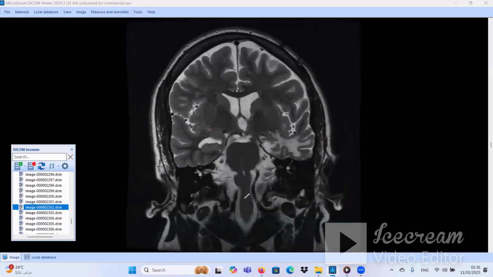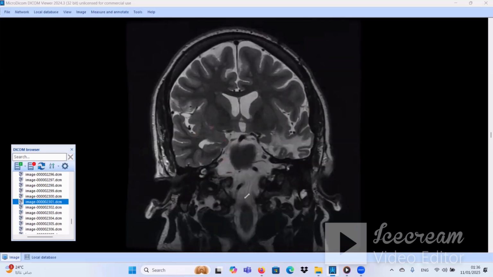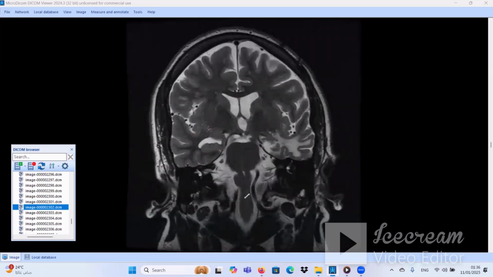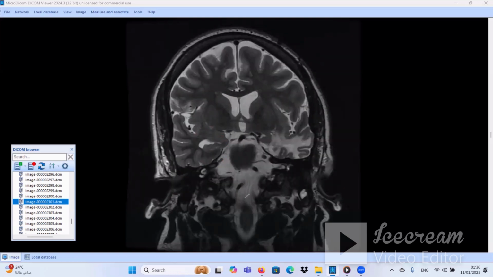Let's go to the left side. The hippocampus, there is marked distortion of the hippocampus. The morphology is lost, the volume is lost. High signal. This high signal of the hippocampus is continuous with the high signal in the left temporal gyri. So this one is left-sided